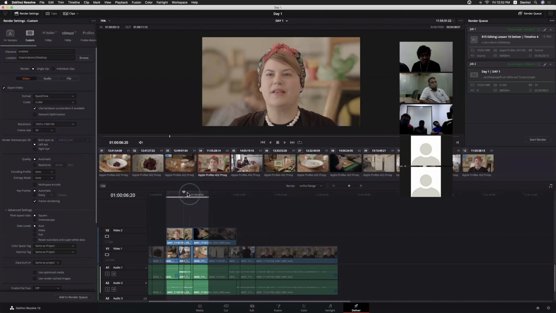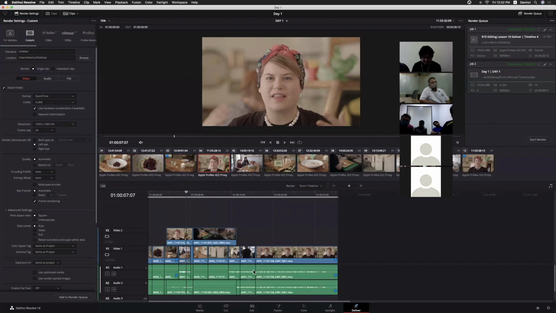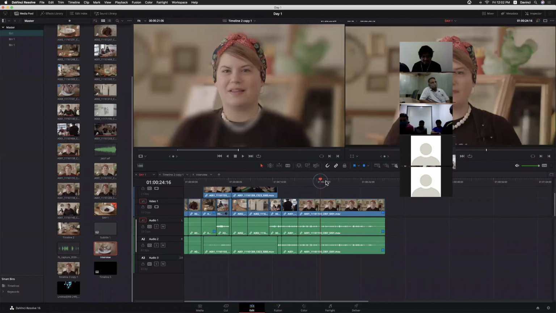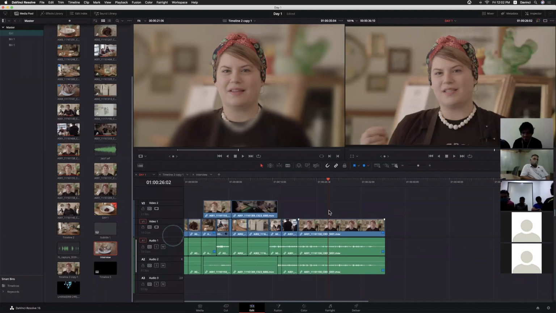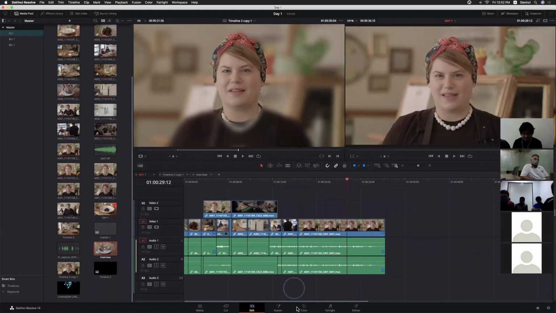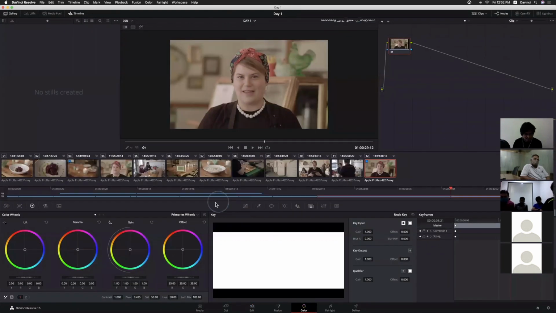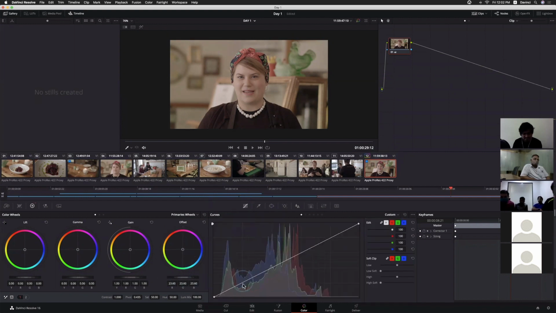We have one more option to export an image, but that is from the color page. Let's do this in a quick way. Go to the edit page now. Let's export this particular frame. Go to the color page. Within the color page, whatever modifications we do to a particular frame, maybe the curves and everything.